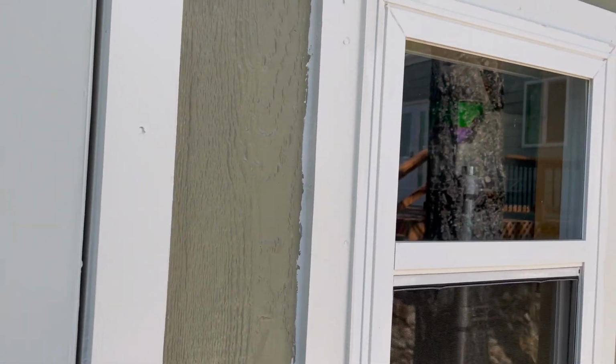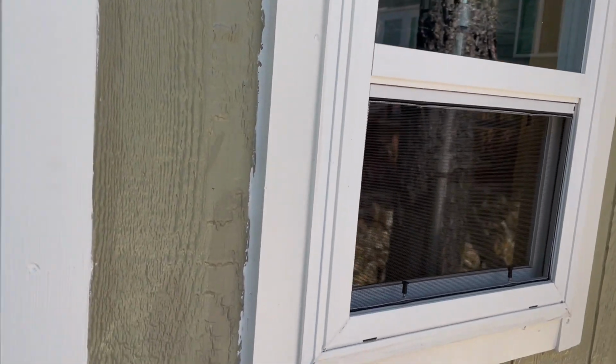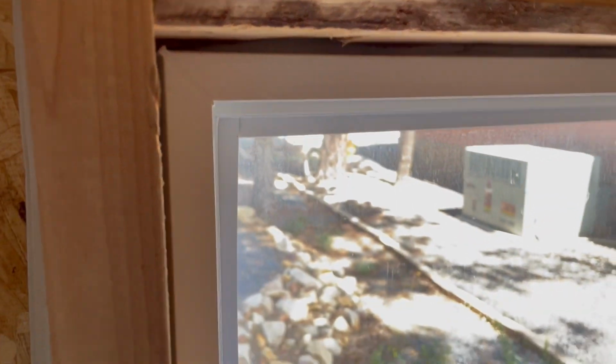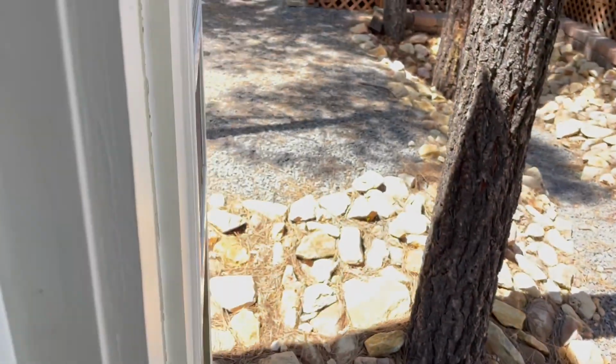Same thing with the windows. I had to caulk these up and paint them. They were not completely sealed, and it was letting rain in on the back side of the window, like up in here. So that problem solved. It doesn't normally rain as much as it has been,